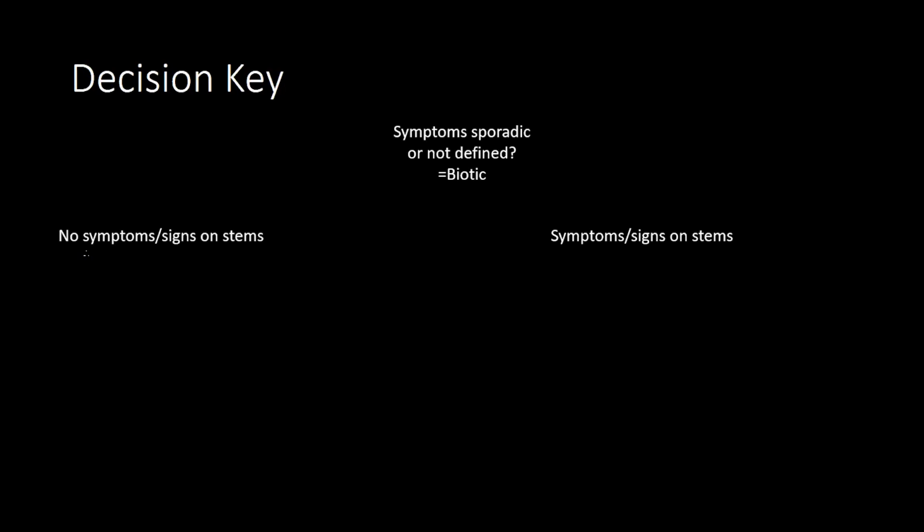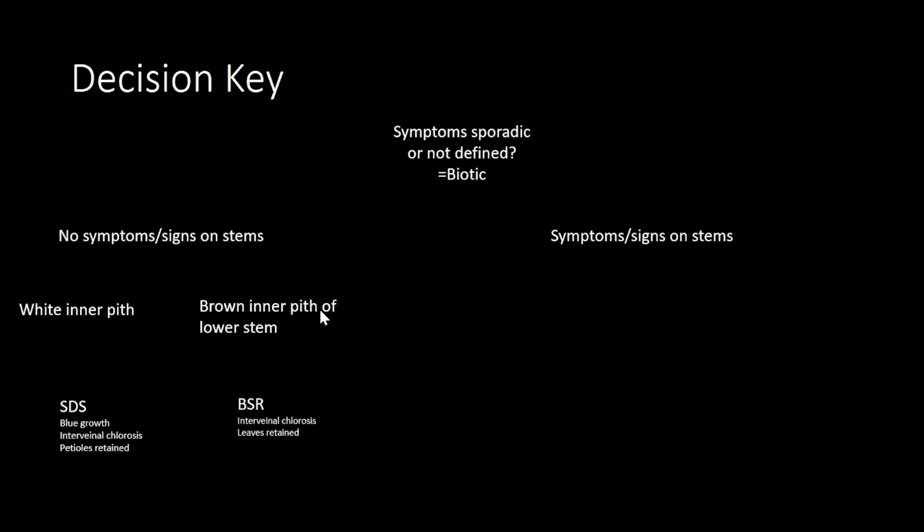So if you have no symptoms or signs on the stem, you split that stem and the lower pith is either white or brown. If it's white, that's SDS. Other things to look for: blue growth, chlorosis, interveinal chlorosis, and the retention of those petioles. If those leaves are retained and you have interveinal chlorosis, you're dealing with brown stem rot. Another thing, yellow foliage, but you may or may not have knots or cysts, so you may have a white inner pith, but you might see some other things on the roots or nothing that would indicate it's abiotic. That means you might have to deal with a nematode issue,